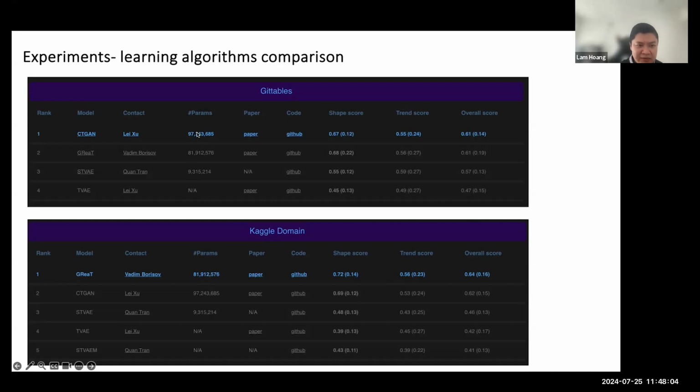CTGAN is bigger than the variational autoencoder. So you can see here the performance of CTGAN and Cray is the top at the moment. We also have a different version of the variational autoencoder that we call TVAE. In general, that also includes additional meta information about the column, in addition to only the table itself, because